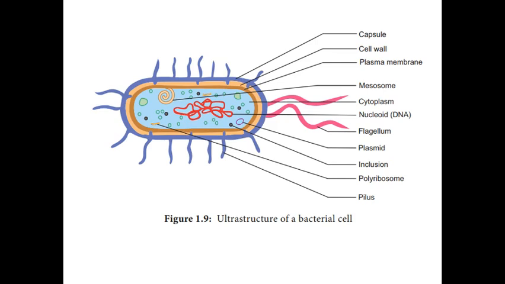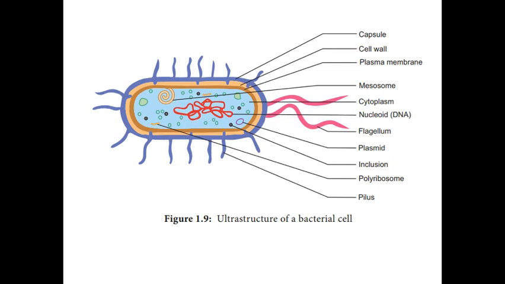The flagella of eukaryotic cells contain 9 plus 2 microtubules, but each flagellum in a bacterium is made up of a single fibril, and flagella are used for locomotion. Based on the number and position of flagella, there are different types of bacteria.